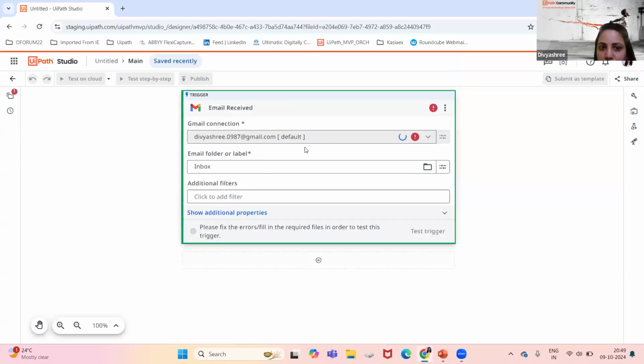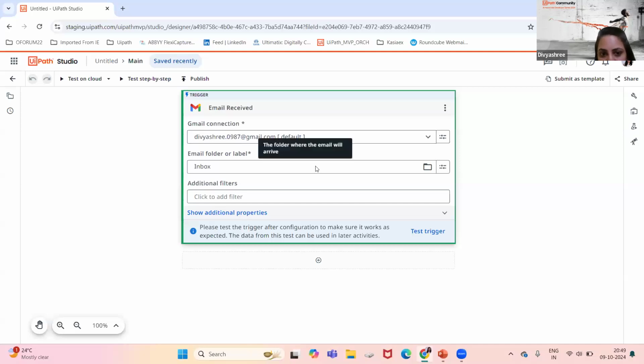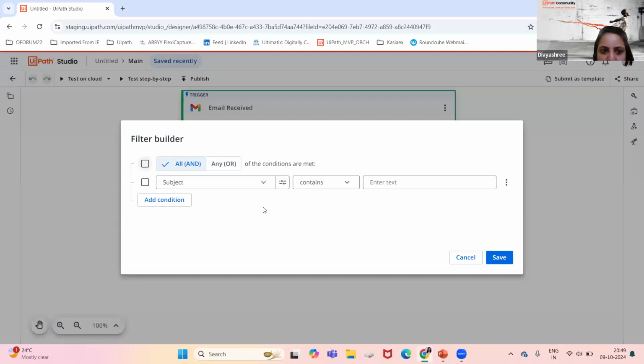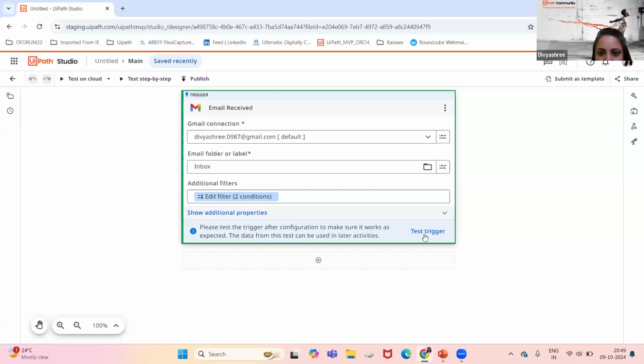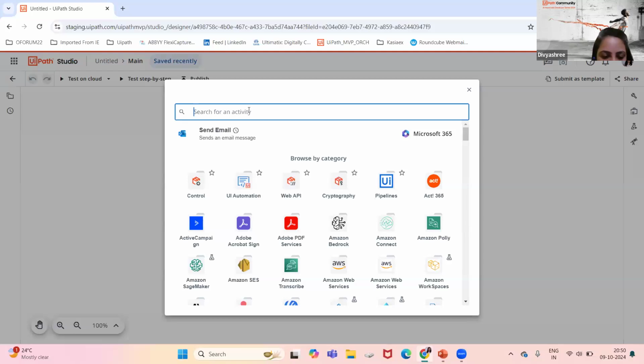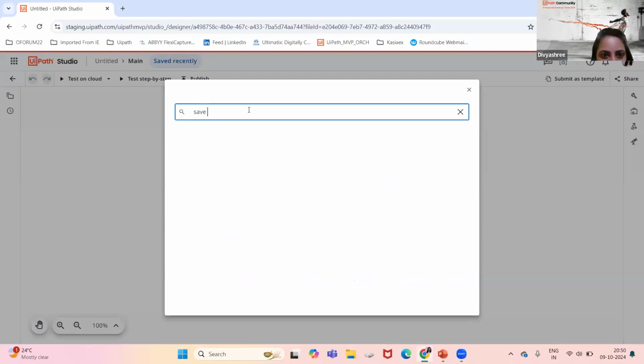Okay, so now I'm able to go ahead and check these things very easily. I'm able to receive the emails from the divyashree.gmail.com inbox, and I want to add filters. So I'll add the subject which contains CV, or basically subject contains resume. I'll save this. So this is my trigger, right? I can just go ahead and test the trigger. That's fine. I can also go ahead and save,